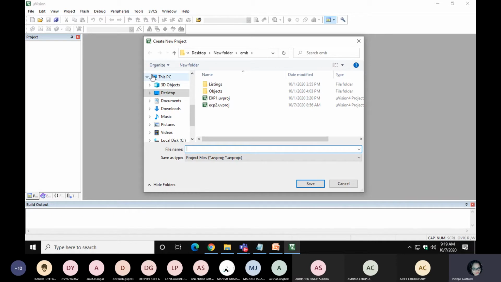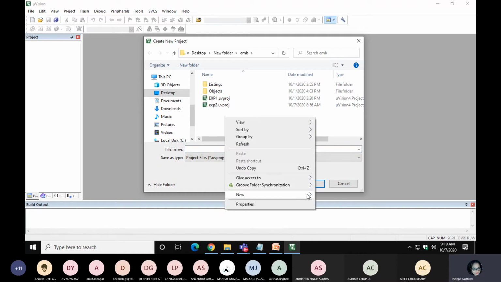If you don't create a folder, your files will be lost somewhere and you will have to search for them. So please make a folder. I'm making one folder on the desktop, and inside it I will create a target.